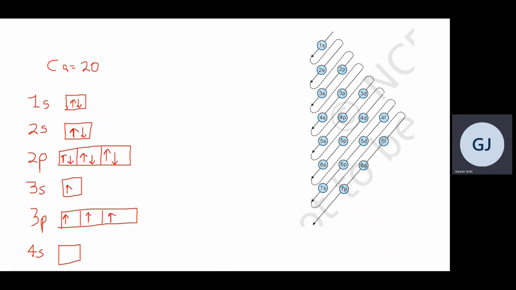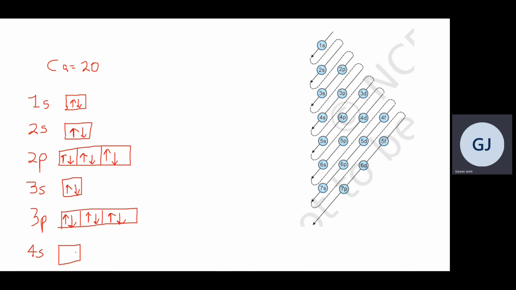So how many have we filled? 6, 8, 9, 10, 11, 12, 13 and 14, right? So we are left with 6 electrons. I will be filling one here, one here, one here, and one here. So what I have done is made these orbitals filled completely now, right? So how many electrons? 2, 2, 4, 6, 10, 12 and 6, that is 18. These are the 18 electrons, right?